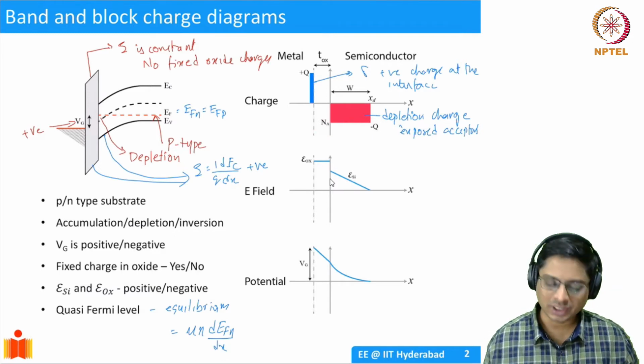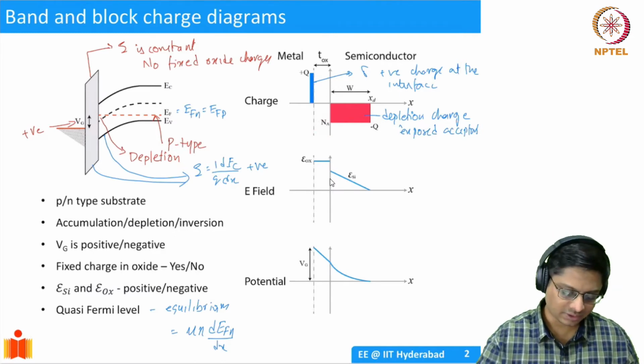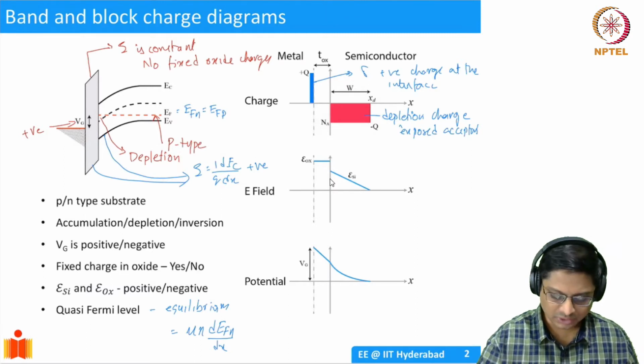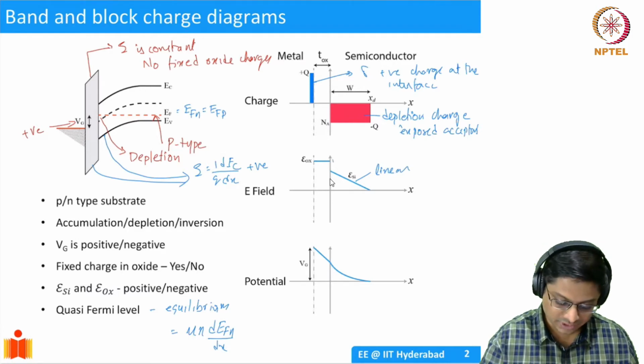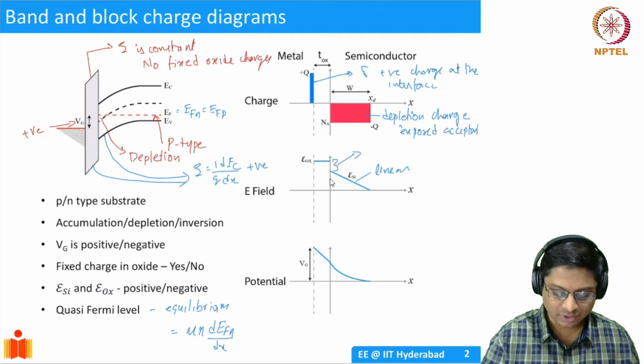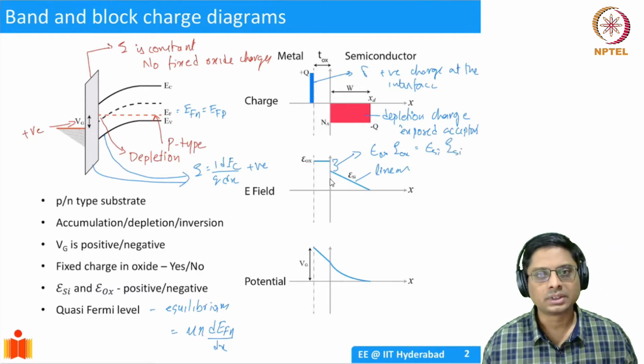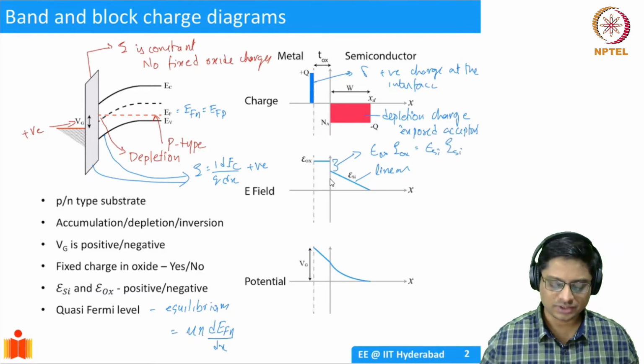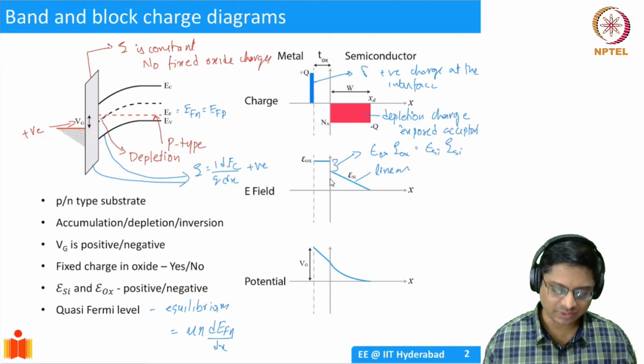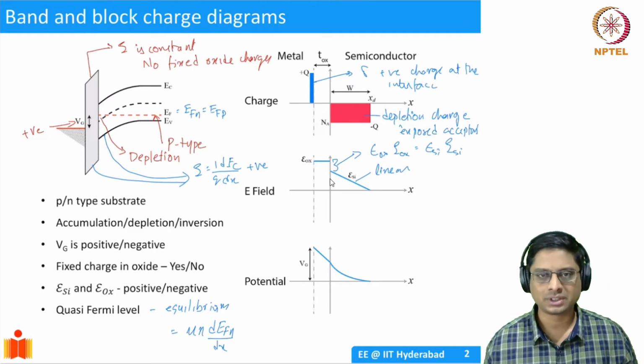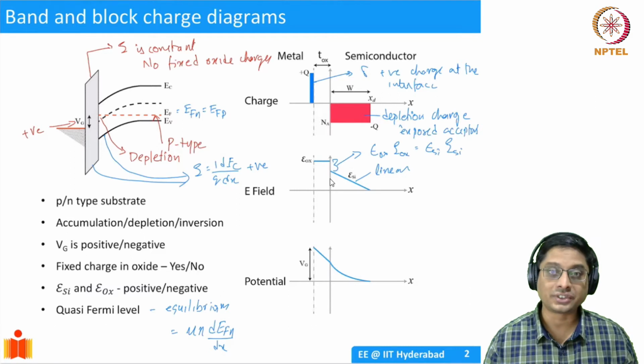And then based on this, we have calculated how the electric field should be, right? This is straightforward. It is positive, of course, and then it is linear here and constant there. And there is this jump here, which is very, very significant. That comes because epsilon of oxide times electric field in oxide should be equal to epsilon of silicon times electric field in silicon. This is Gauss's law. So that jump has to be maintained.